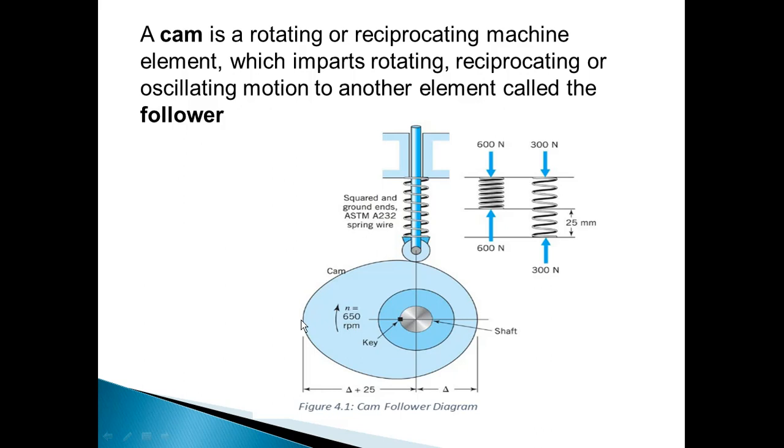And from this point onward, as the cam moves in this direction, the follower, which is making a point contact at this point everywhere, will come in a downward direction. In this way the motion is transferred from the cam to the follower, in this case from rotary to reciprocating. This is a unique arrangement to transfer motion from rotary to reciprocating with respect to the angle. You can achieve precise motion transfer from cam to follower using this arrangement.